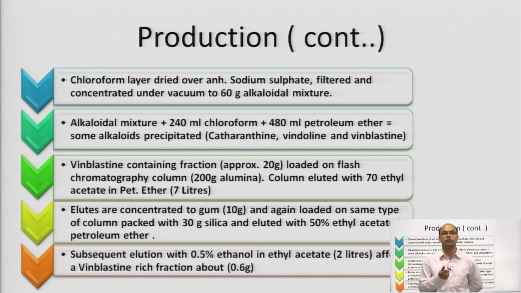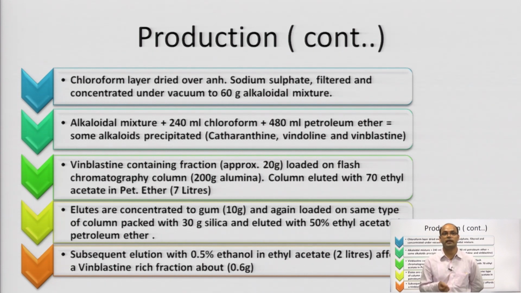So you can see that the vinblastine containing fraction, the precipitate of vinblastine containing fraction, which is approximately 20 gram, is loaded on the flash chromatography column, which contains around 200 gram of alumina. The column is eluted with 70% ethyl acetate, which is prepared in petroleum ether, and around 7 liters of ethyl acetate petroleum ether mixture we have used for this elution. The eluates thus obtained are then concentrated to a gummy